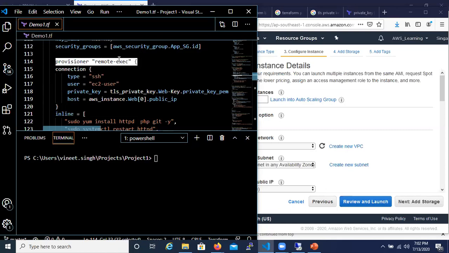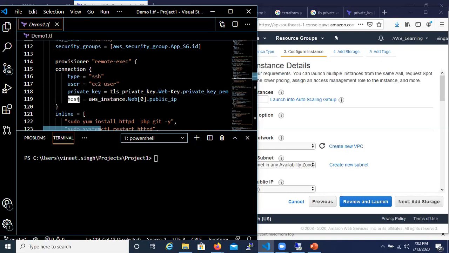Whenever you are defining this, you need to make sure that you are also defining the connection parameters: how you are trying to connect, what is the user ID, how it is getting authenticated, which is the remote server IP address. So here I have defined within connection, the type as ssh, user as ec2-user, private_key for authentication, and then host as the specific host.